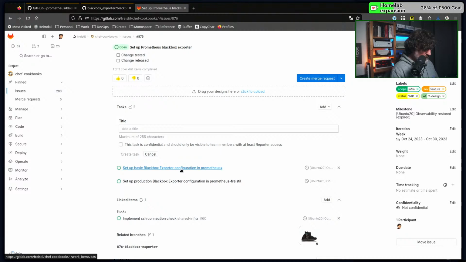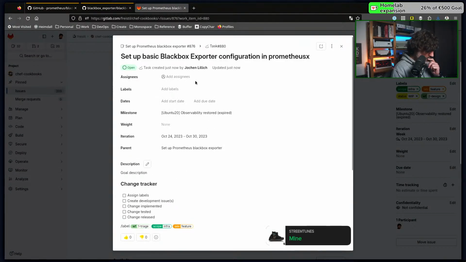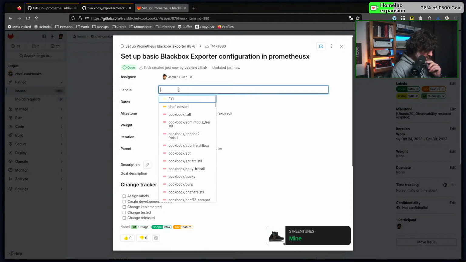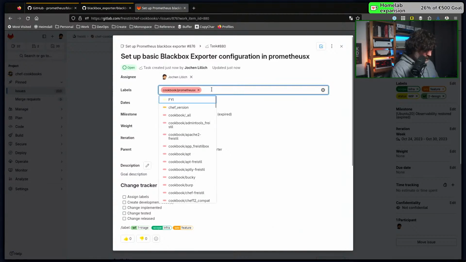Okay. So I can assign myself. The label is the cookbook name Prometheus X. The workflow state is